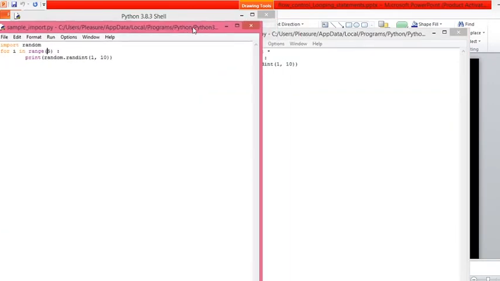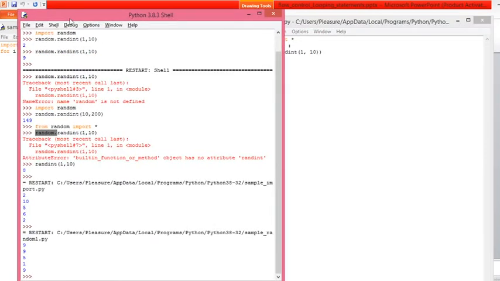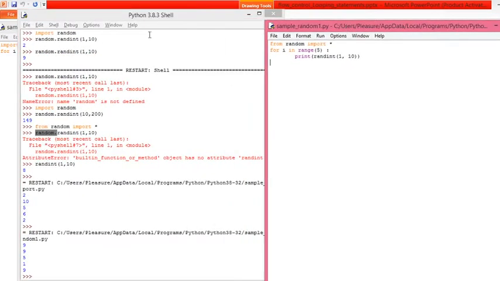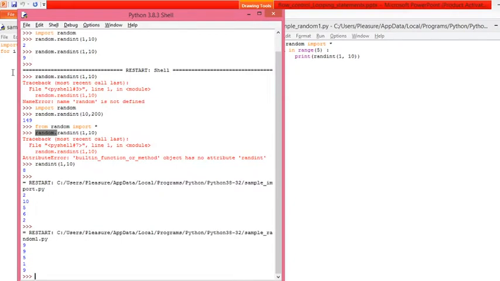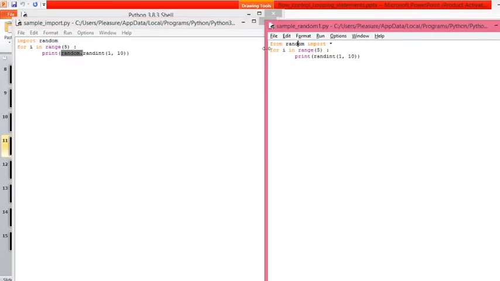Here we have used import random, a method of importing the module, so we prefixed the name of the module with a dot operator. But here we have used the keyword from to import the module, so we didn't prefix the name of the module with the dot operator for the method to be accessed. Did you get this difference, sir?